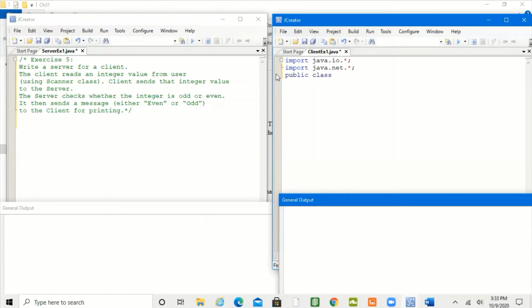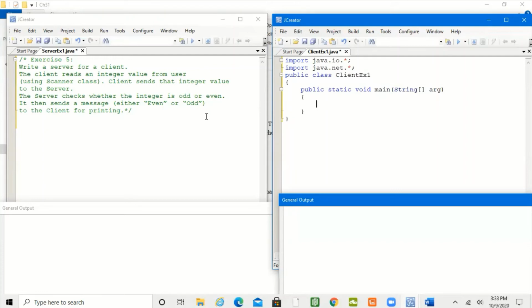As usual, start the program: public class ClientEX1, and the main method, public static void main. So this is the way you start the program.